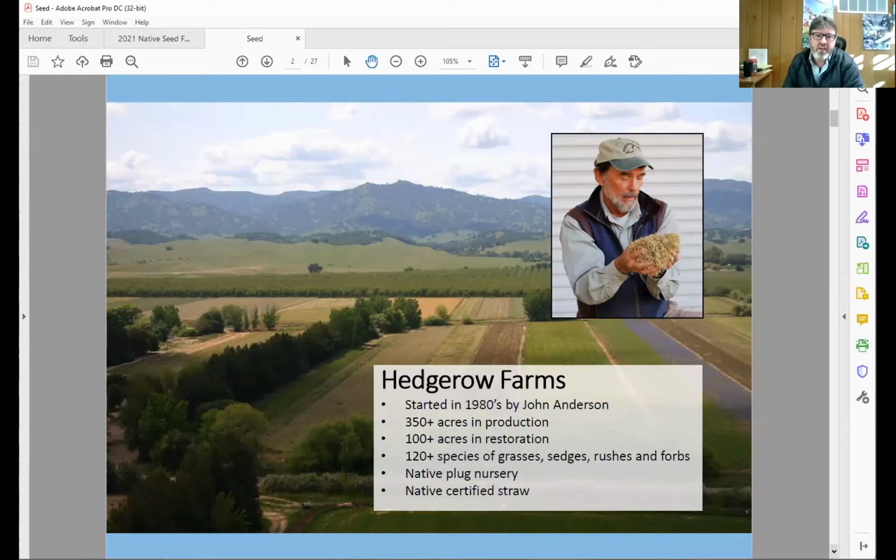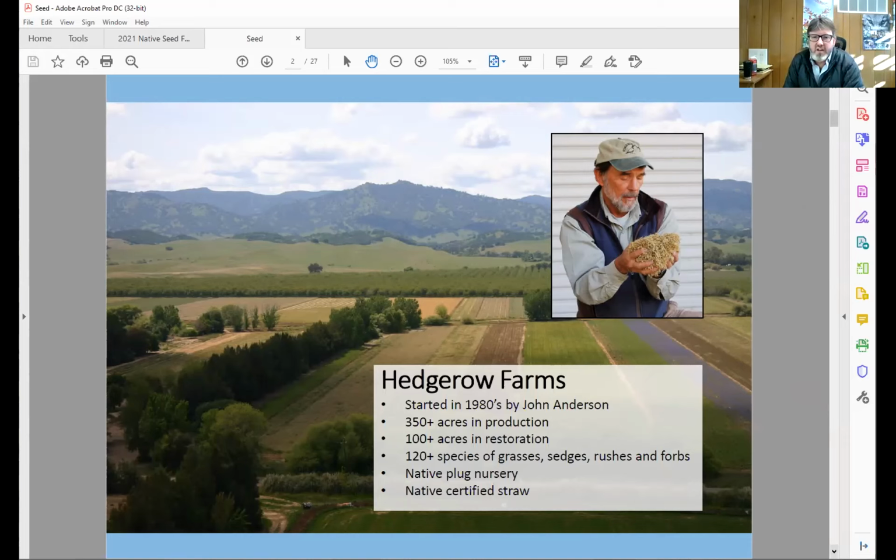He basically figured out, at a time when there were very few folks producing native seed, how to take seed from the wild, how to grow that out, how to clean that seed, how to store it, and how to bring it to market. And it's really because of the remarkable work that John did that we have all of this great seed in Northern California available for habitat restoration projects.